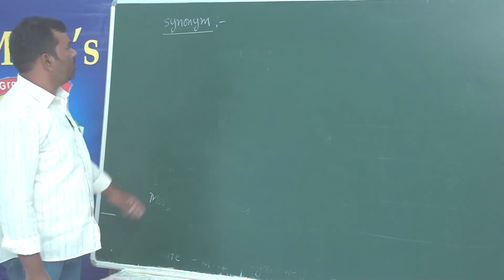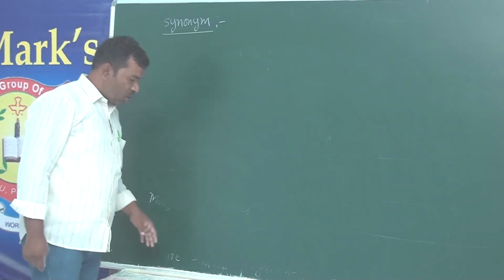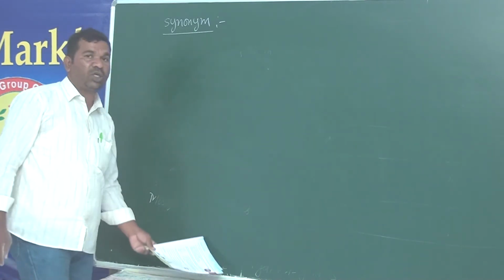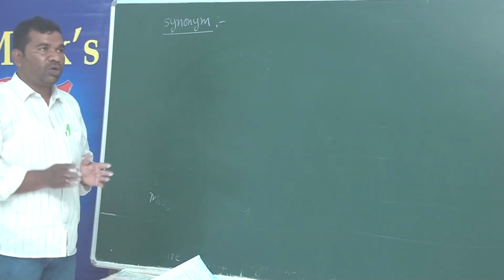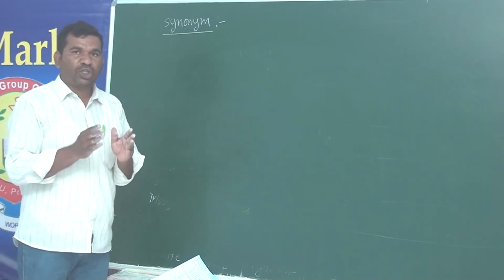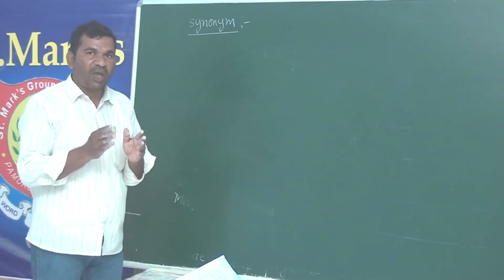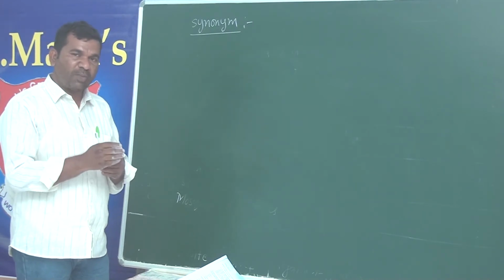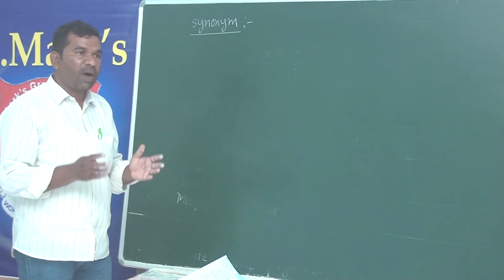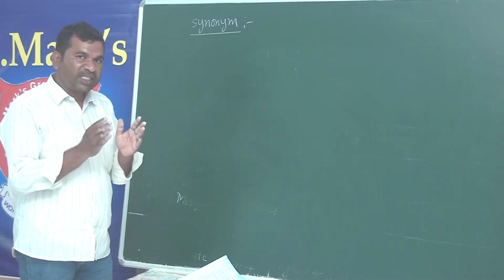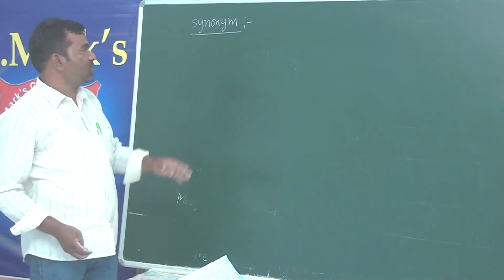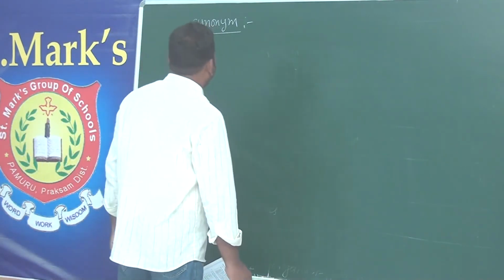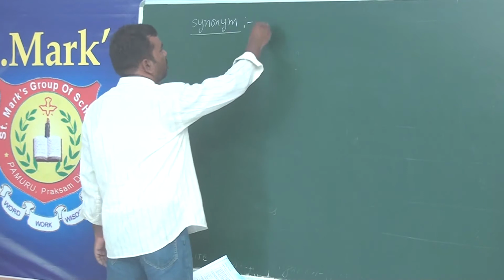Okay, children, you see synonym. On page number 7, here you are given synonyms. What are synonyms? Synonyms are words which give the same meaning. Although words might be different in spelling, they make the same sense of meaning. Such words are called synonyms. I am giving you a few examples. For example, you select